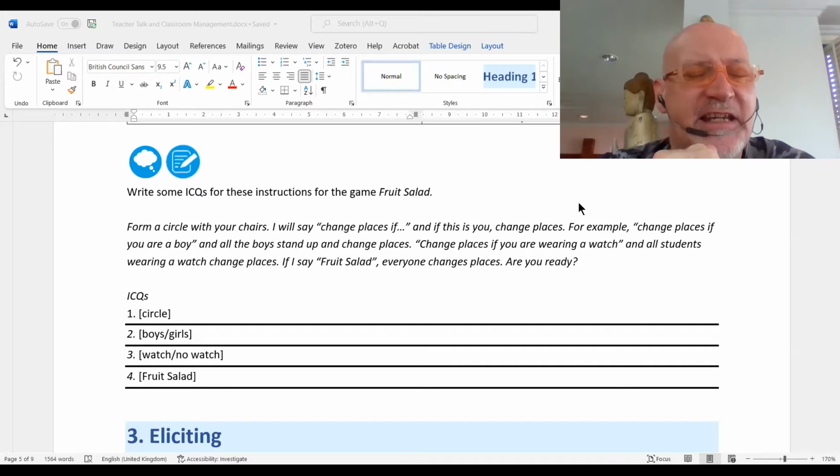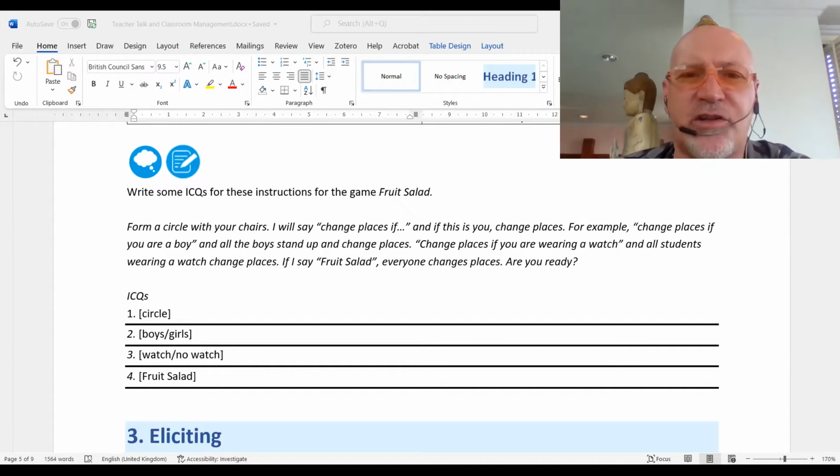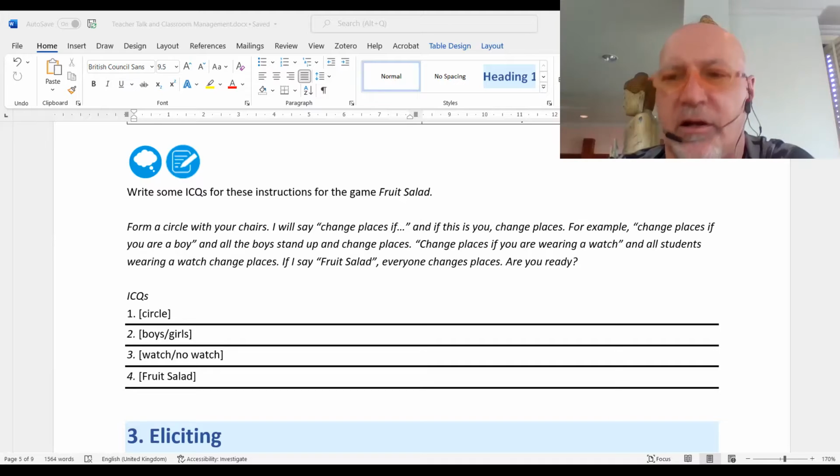Can you think of some ICQs to check the understanding of the activity? And we have some prompts. Circle. Number 2, boys, girls. Watch, no watch. Fruit salad. So feel free to chat or to speak. What is an information checking question that we can ask in order to make sure that they know they need to form a circle?